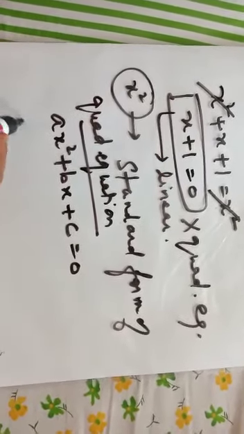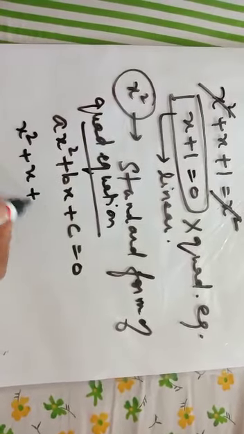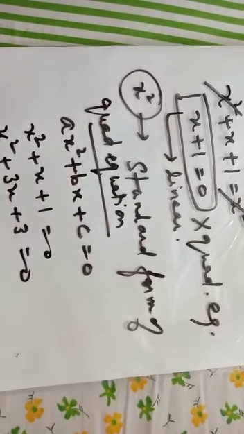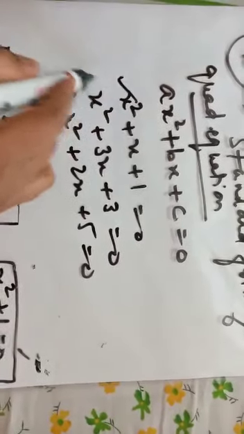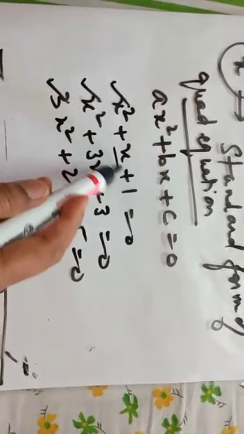You can see this is somewhat similar to what we wrote earlier. It is like x square plus x plus 1 is equal to 0. It can be x square plus 3x plus 3 is equal to 0. It can be 3x square plus 2x plus 5 is equal to 0. So such quadratic equations. Now how will you come to know whether this is quadratic or not? I hope everybody is clear with this, because the highest power of the variable should be 2. Now there might be a question, can this be equal to 0 or this be equal to 0? Yes, of course.